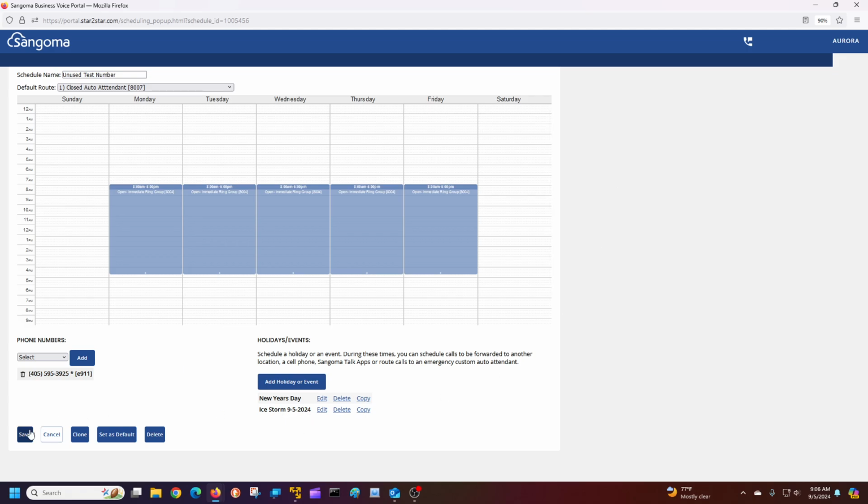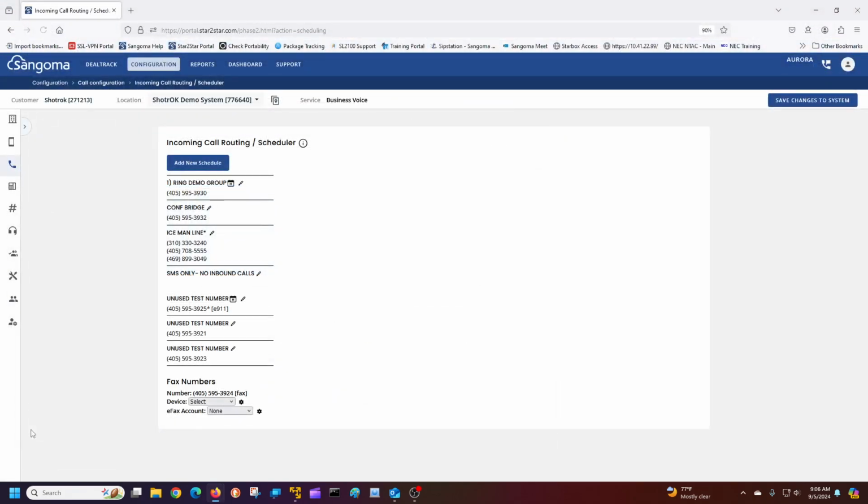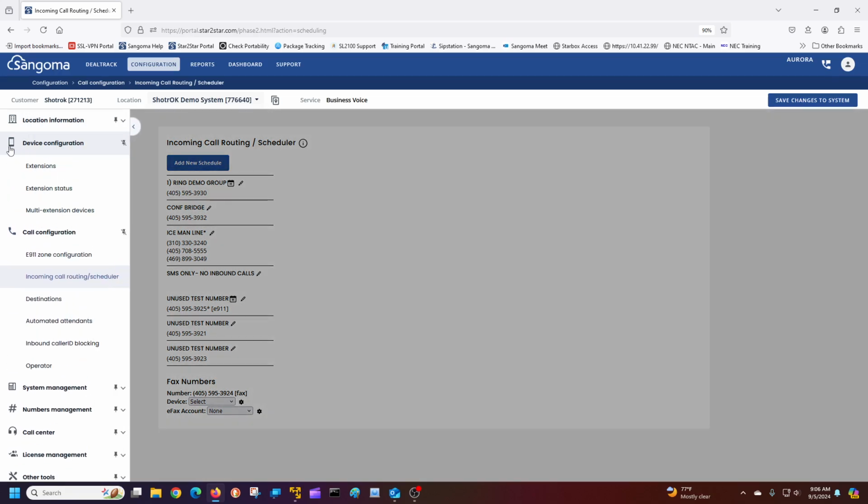Well, let's say I want to send my calls to a different location or a cell phone number. First thing I do is add the cell phone number. So up here underneath device, let's see, I think it's underneath device configuration. Oh, it's still underneath the call configuration. Or go to destinations,